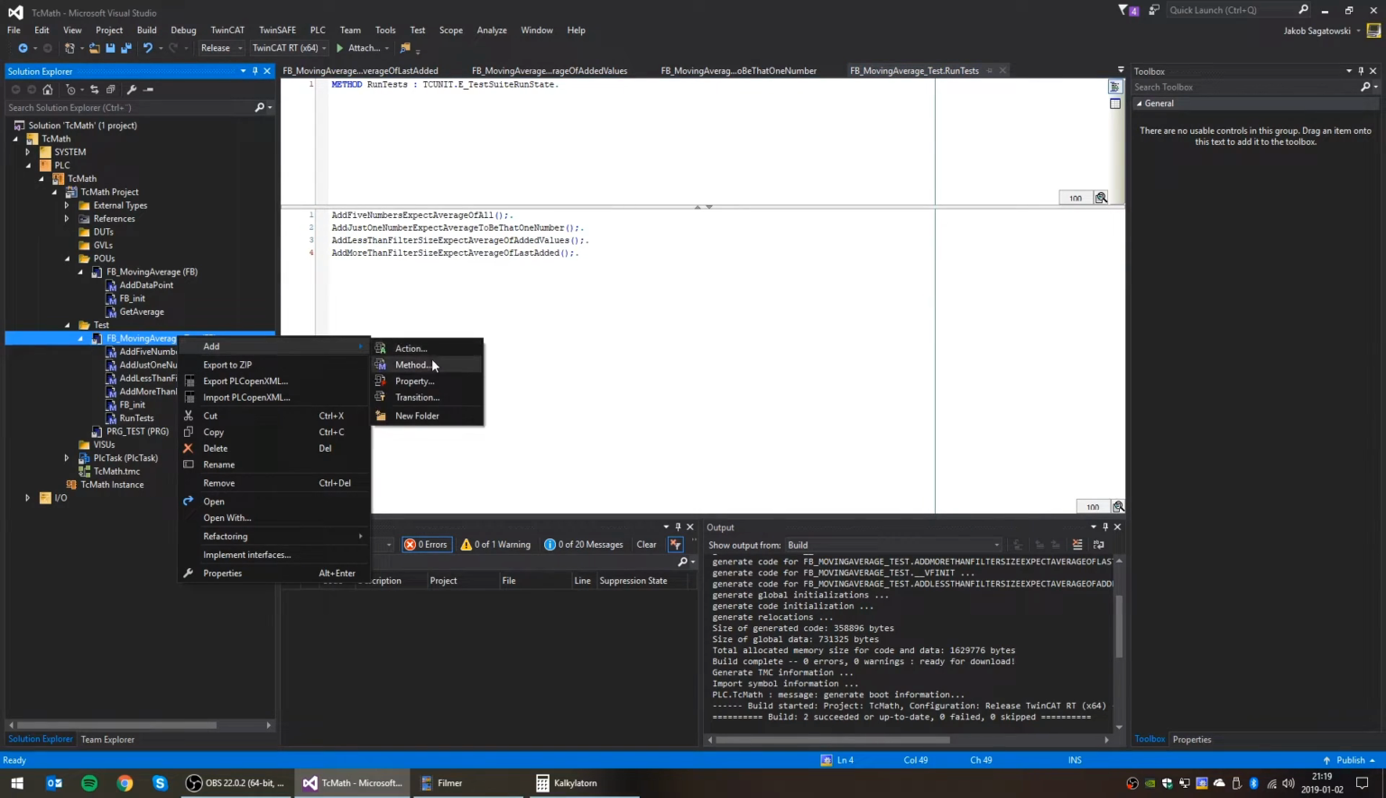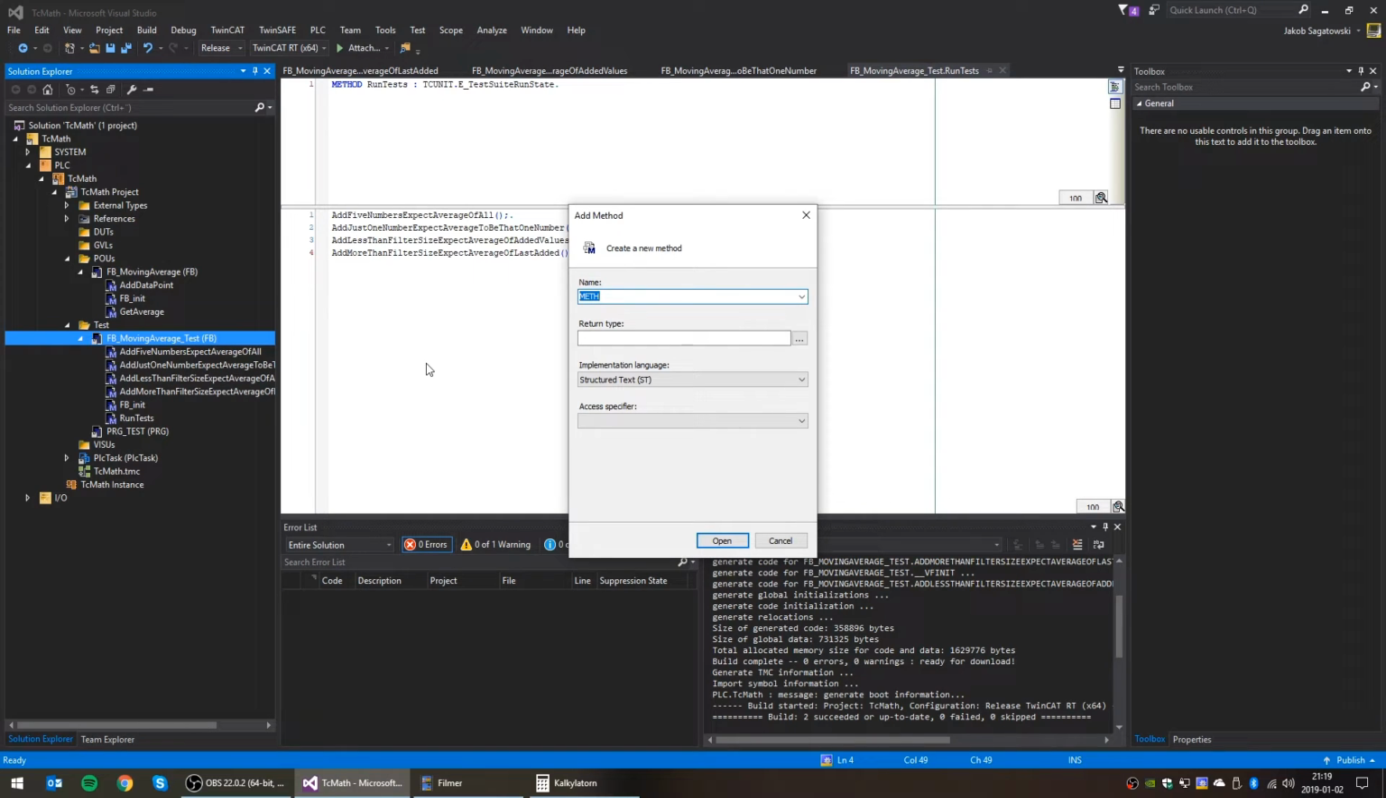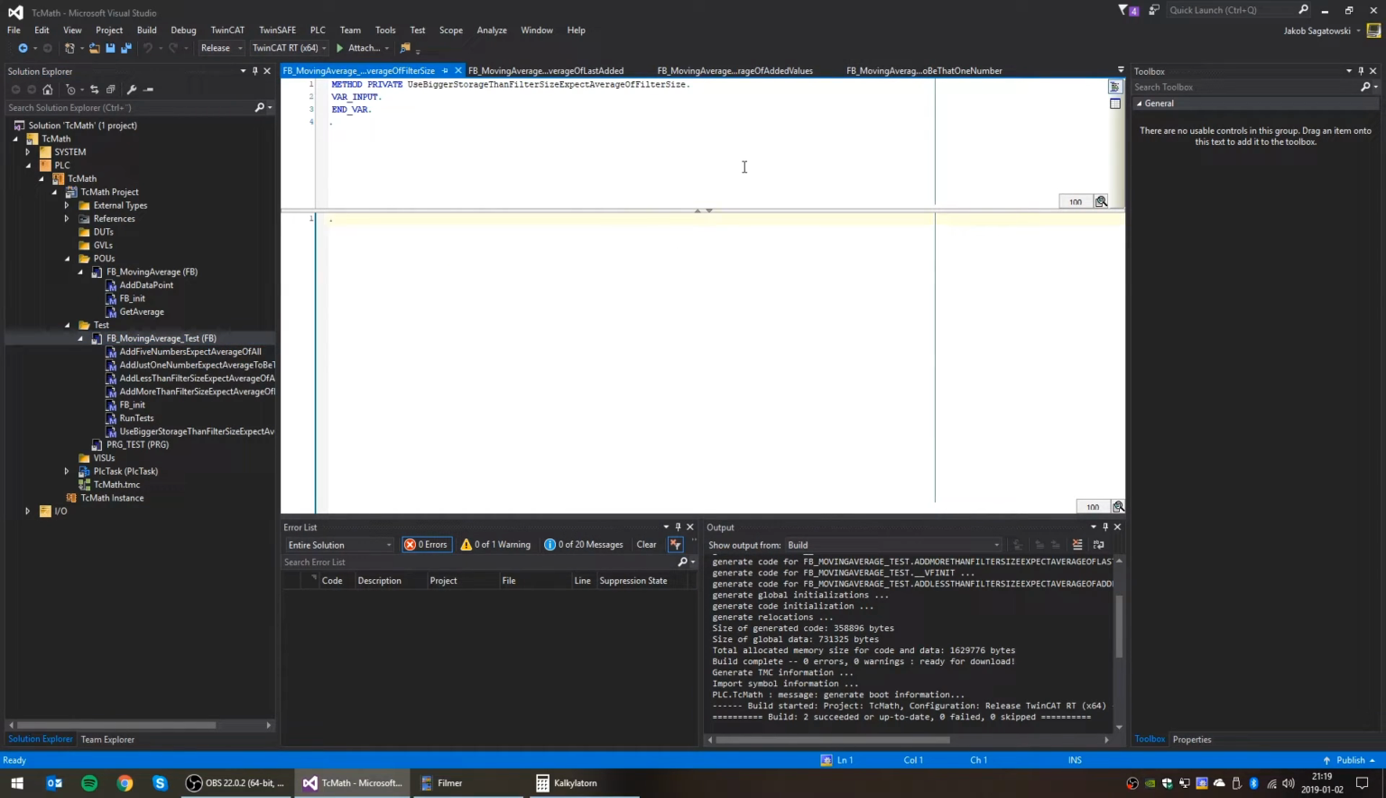So let's add another test here. Let's call this use bigger storage than filter size, expect average of filter size. Someone is gonna kill me for these long names, but it's good that we have this nice widescreen monitors these days. Okay, so test like this, and again